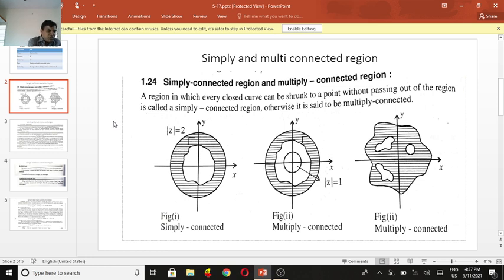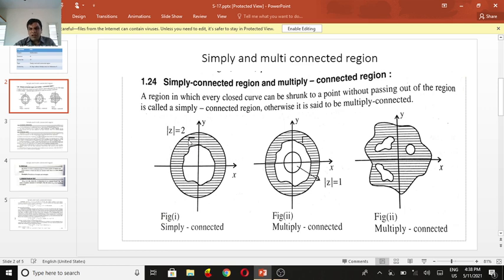Now we take one more area. This is not a unit circle, it is |z| = 2. Simply, I take this area away from the origin. Away from the origin is a boundary, a simple area. Maybe the xy plane, x'y plane, y'x' plane, x'y' plane. We observe this in the graph.